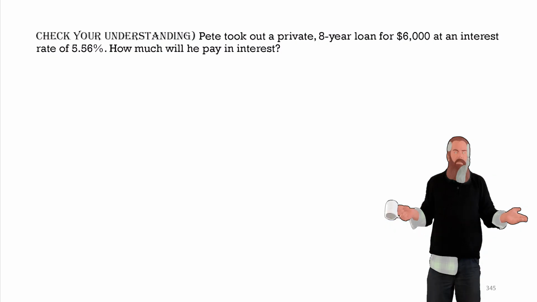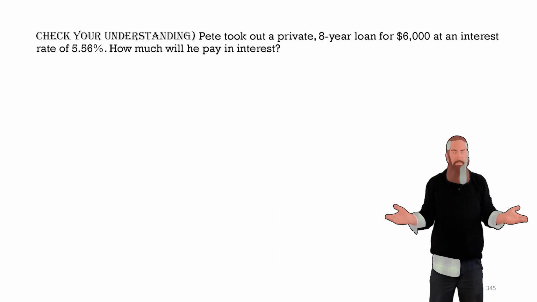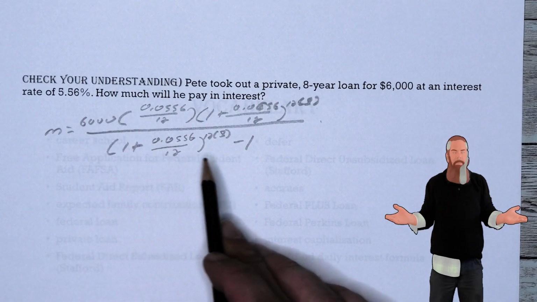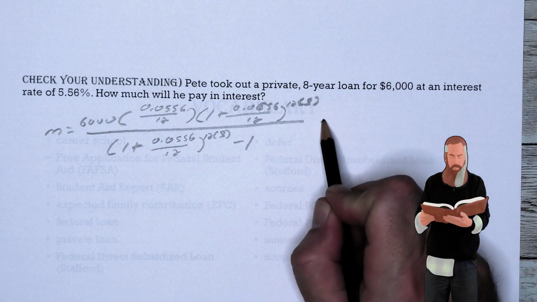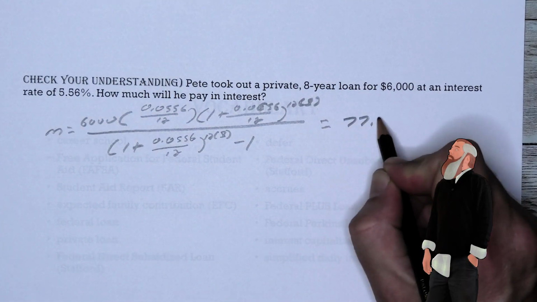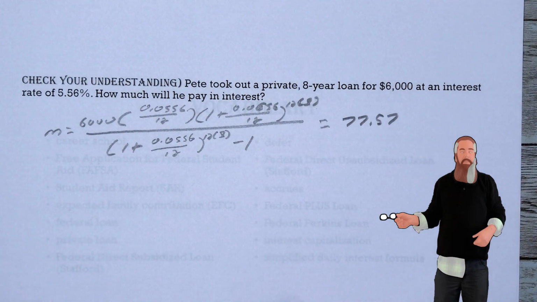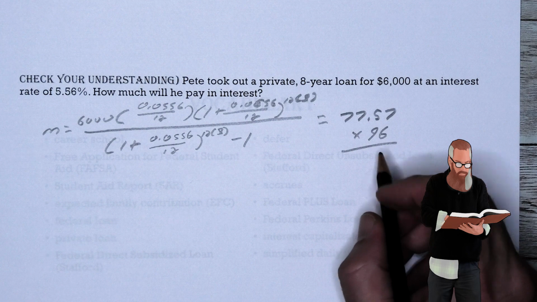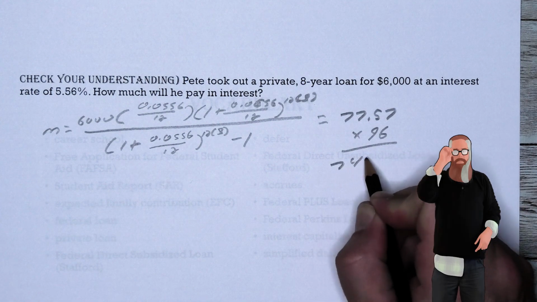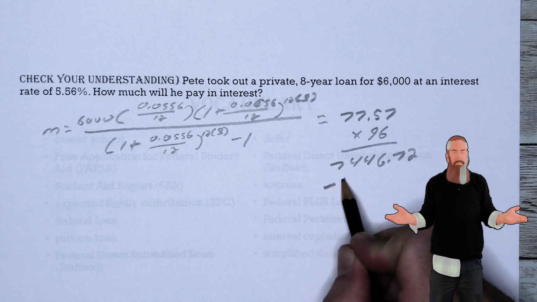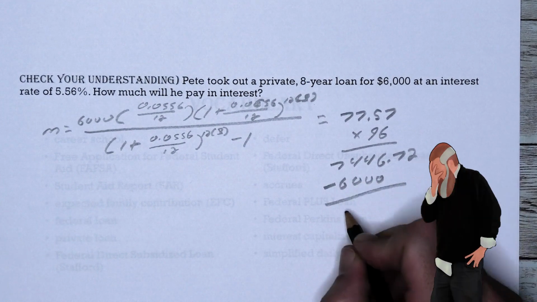P took out a private 8-year loan for $6,000 at an interest rate of 5.56%. How much will he pay in interest? We should be familiar with this monthly equation at this point, and when we fill in the values and use our calculator, we get $77.57. We multiply this by the 96 payments that will be made over 8 years, and we get $7,446.72. Subtract the original $6,000 loan, and we get